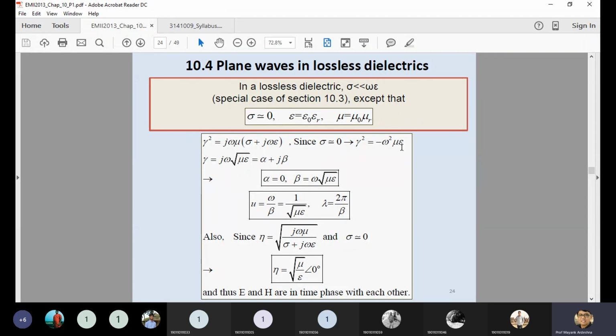By default, you can see the term is lossless. Lossless means there is no loss. It only happens in an ideal situation when the medium has no noise. Okay. So whenever there is no noise, you can write the alpha term as 0. Alpha is 0. It means gamma is equal to only j beta, only the imaginary part. So you can identify this equation: alpha is equal to 0 and gamma becomes j beta, and you can easily identify this beta term.